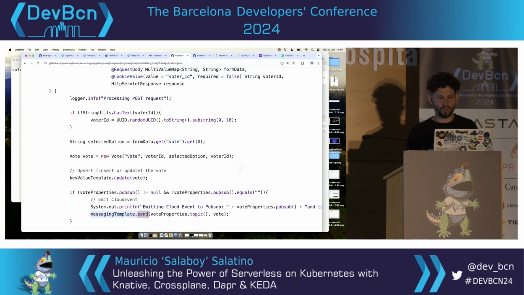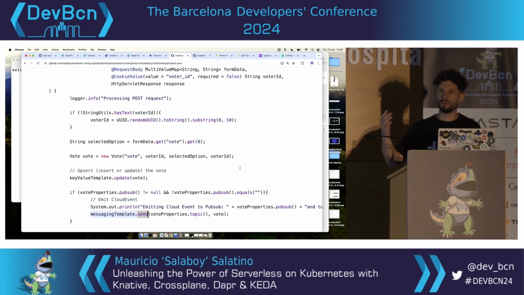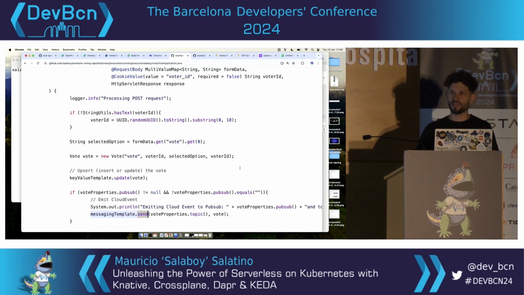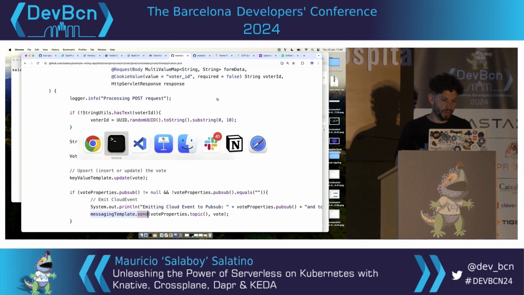Interestingly enough, because we don't have Kafka, Redis, or RabbitMQ dependencies in my application, it can now be moved across environments, even if I'm using managed services, for example Google Pub/Sub for messaging or Amazon SQS. I can just change the Dapr configuration behind the Dapr APIs to connect to those services without changing my application. So how does it work?